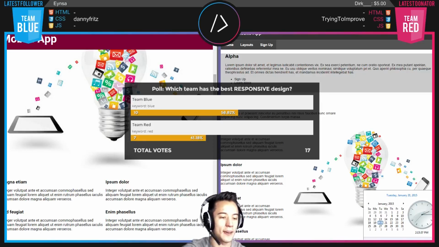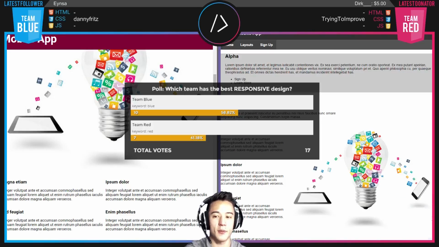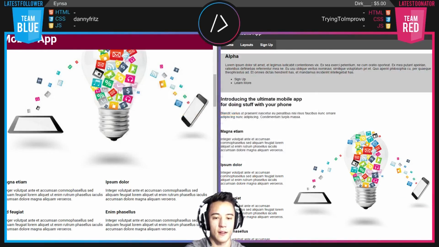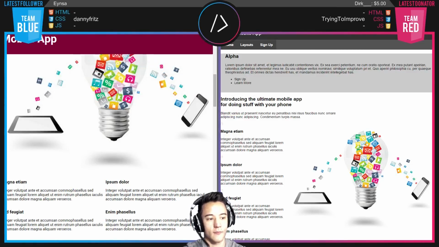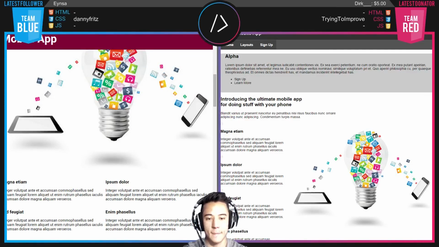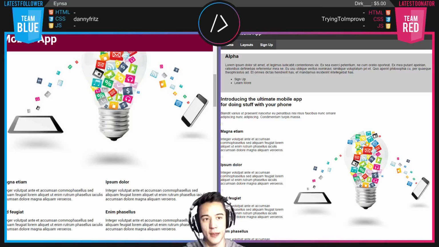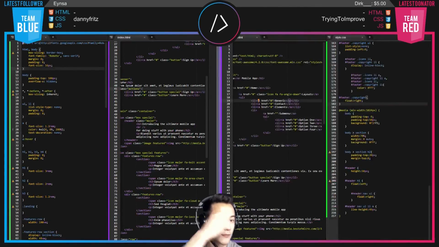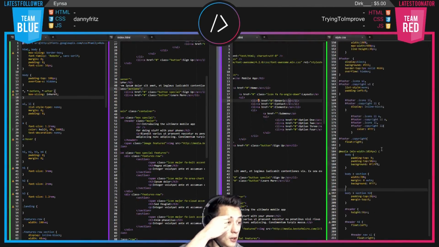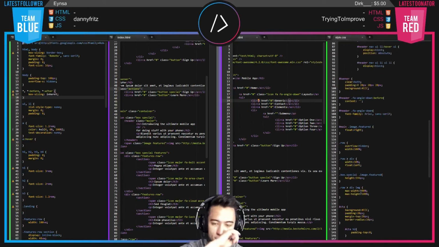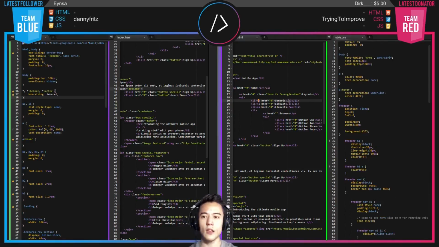So, okay. It's time for a tiebreaker, guys. We're going to have a tiebreaker. Okay. So congratulations to both teams for making it this far. We're going to vote on who has the best code now. We're going to actually look at the code. Let's start with